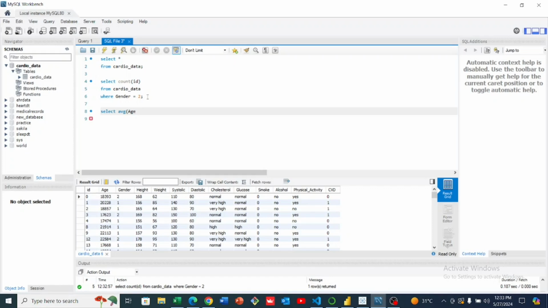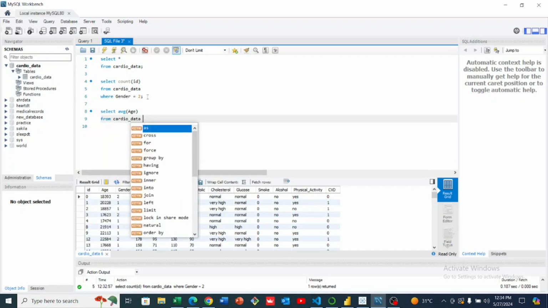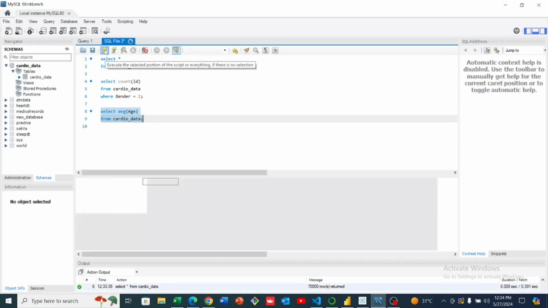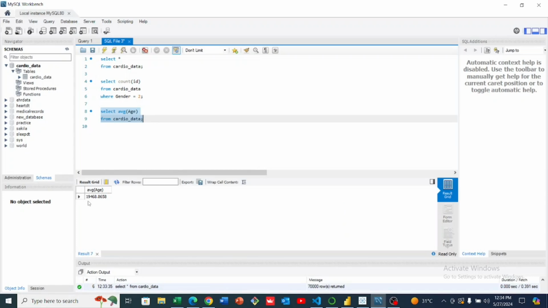So we said we're looking at the average age. So let's go ahead and run this. We have 19,468. So these age values were already calculated in days, so this is giving us 19,468 days. So let's go ahead and run this